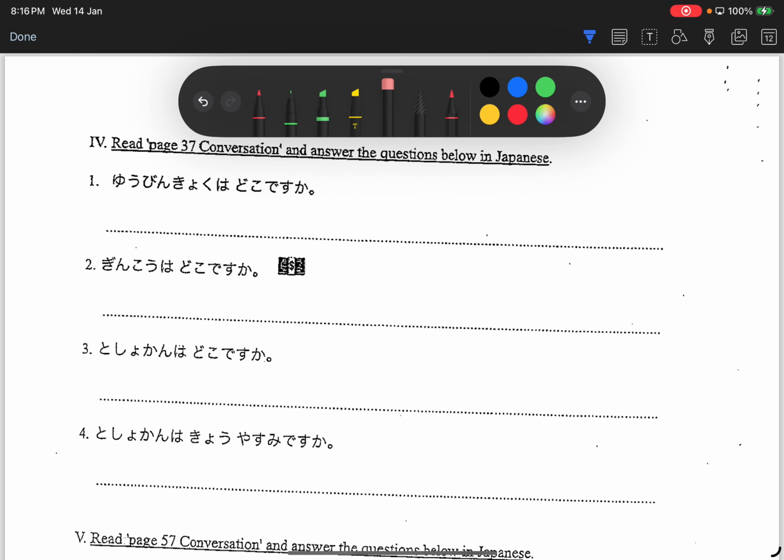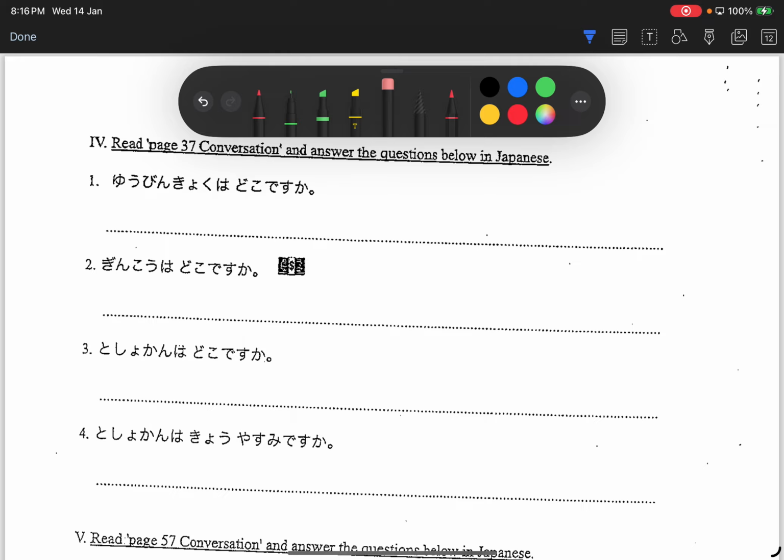Right? We just need to lift up the entire sentence in the middle. 銀行は郵便局の隣です。